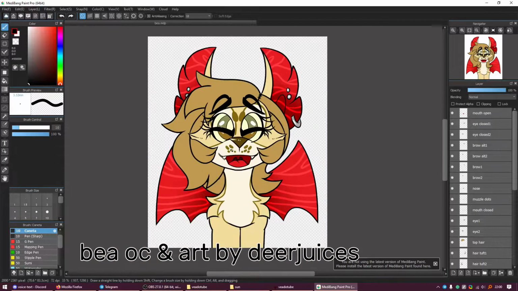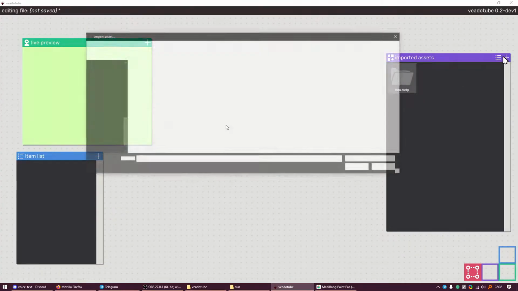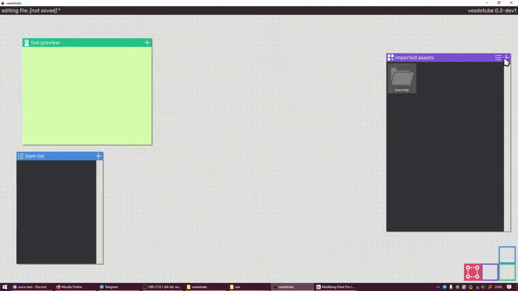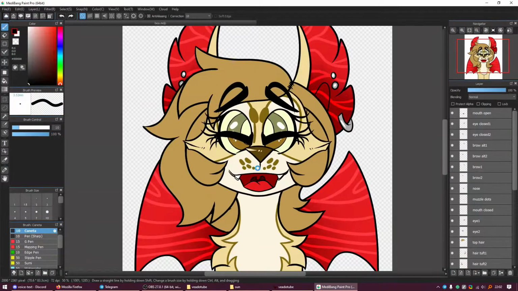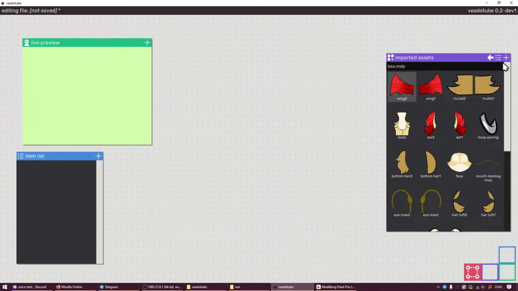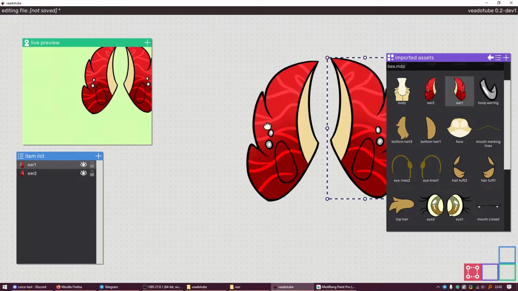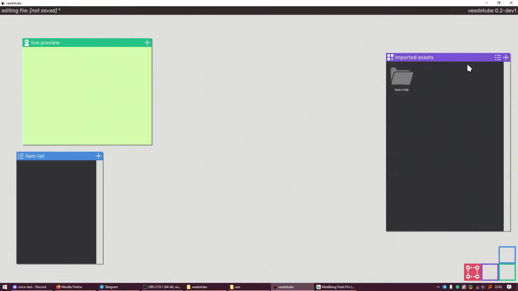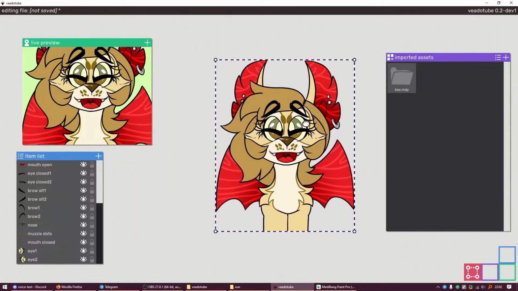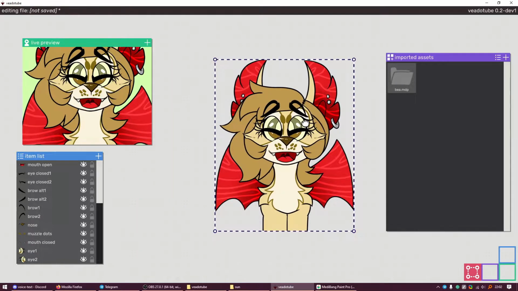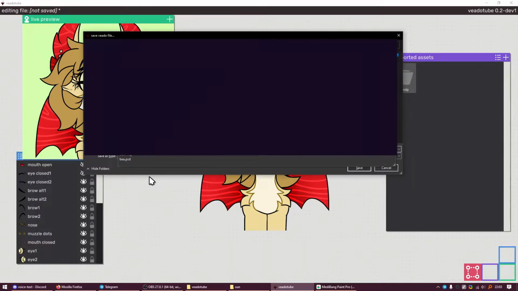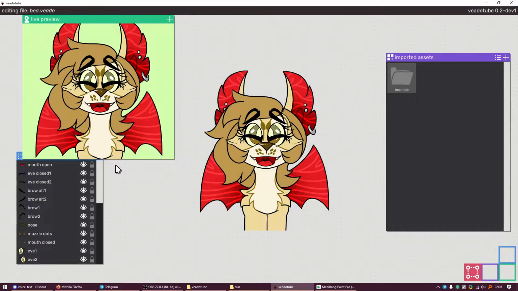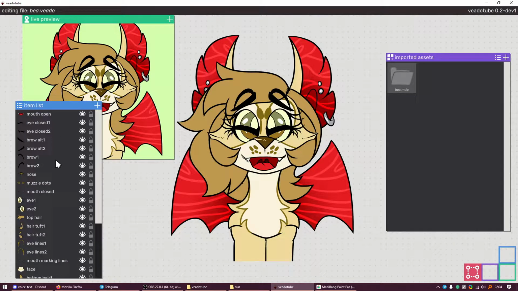So this is the avatar we're gonna build. I imported an MDP file, which is a file from Firefox. PSD files don't work quite well with BeatoTube right now because Adobe sucks. So I converted it to a Minibang file because I like Minibang. I can now just open it here and import everything separately, even though that's kind of annoying. So instead of doing that, I'm just gonna drag the entire folder here because I don't feel like doing it. Oh my god, you can do that? You can do that, yes. This is Bear.theato. And in here we have all the items that were imported.